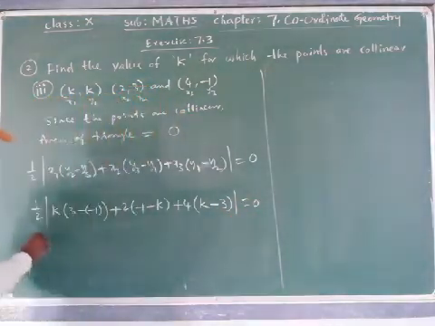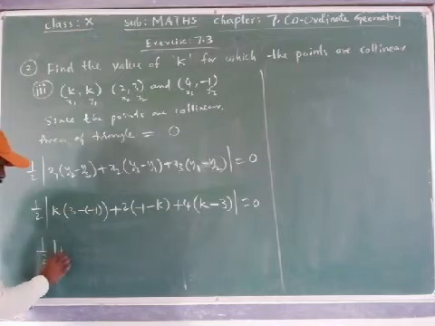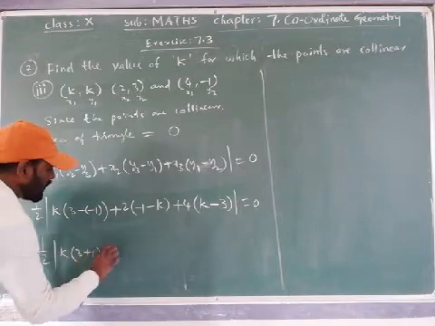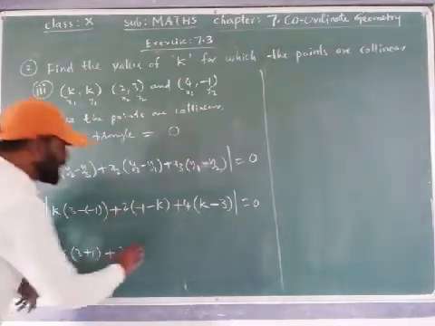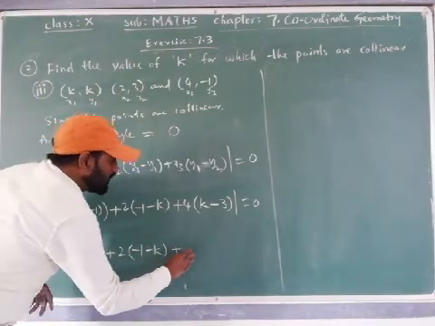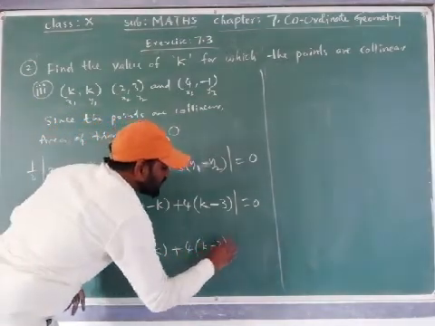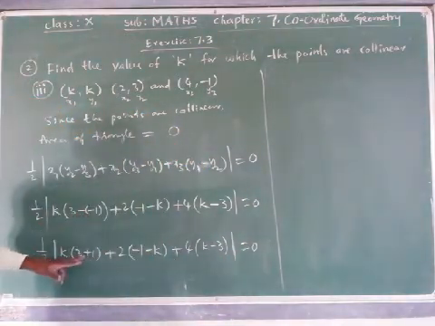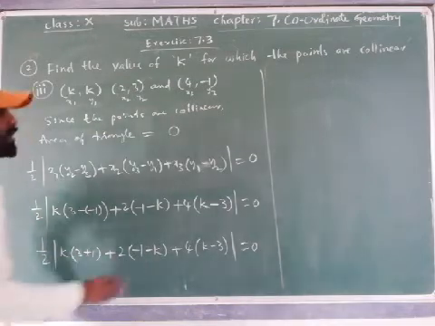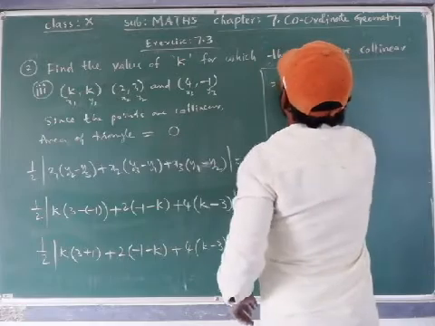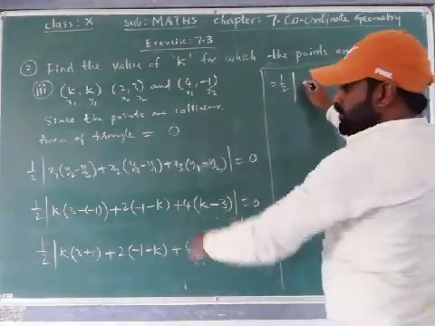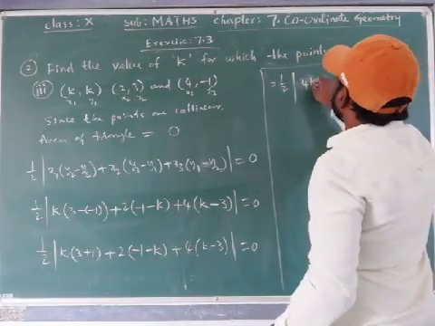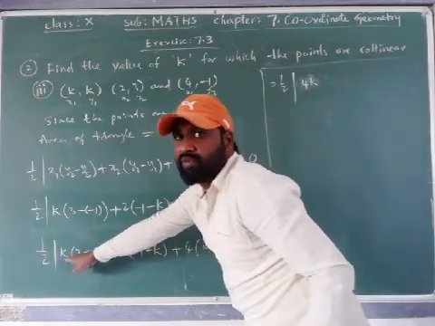is equal to 0. So half into k in the bracket 3 minus of minus, plus 3 plus 1, plus 2 into minus 1 minus k, keep as it is, plus 4 into k minus 3. I kept these all same. The first one only, minus of minus is plus 3 plus 1. So next, 1 by 2 I write down, 1 by 2 into k. 3 plus 1 is 4. That is 4k. Directly I am writing 1 plus 3 is 4. 4 into k, 4k. Right?